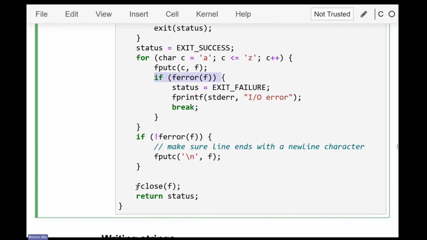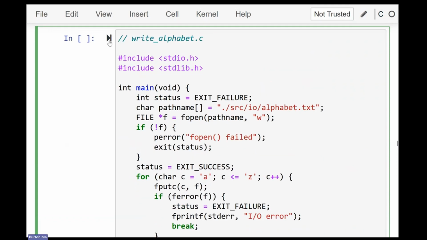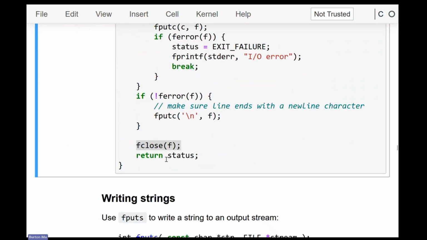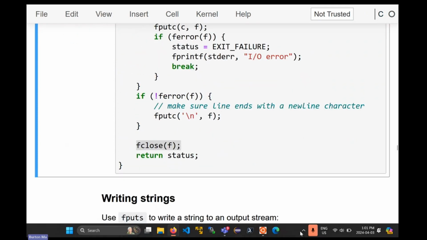And then when we're done, don't forget to close the file. Right. So does this work? So I'll run the program. This isn't going to print anything, right? Because all it did was write stuff to a file. But if you go and look in the file,